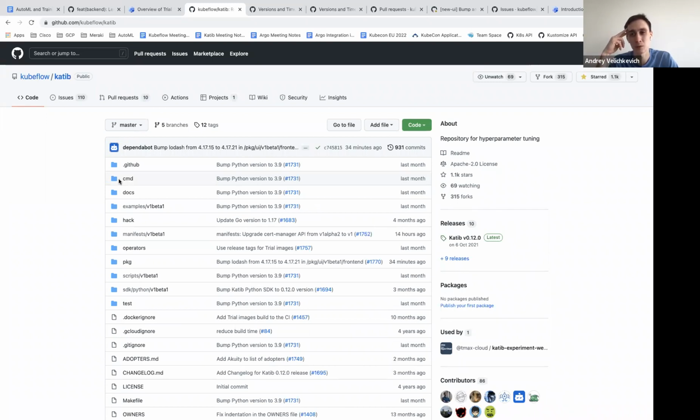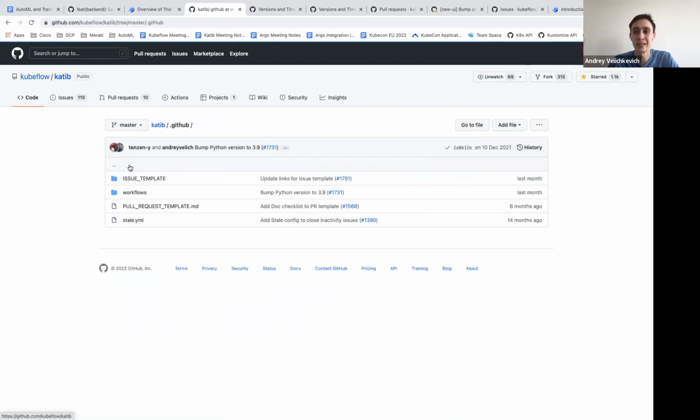But we cannot give admin permission to the community. And we require admin permission to set up the Docker Hub credentials to automate our container builds, because right now in KDIP we automatically push all of the images to our registry after each commit.